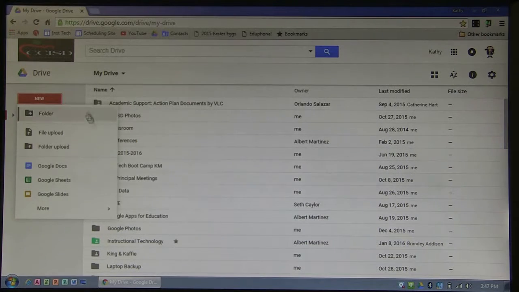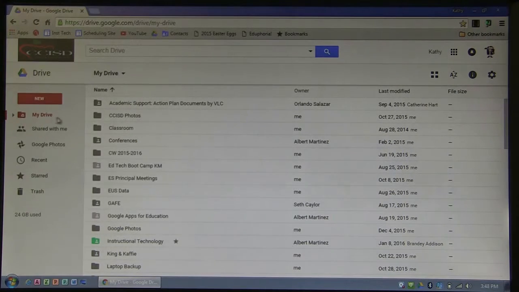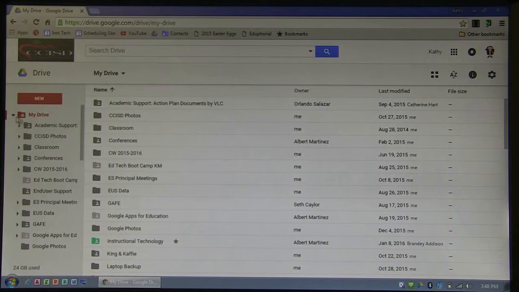Beneath the New button is My Drive. My Drive is the equivalent of our U Drive or our local storage drive inside of Google. Notice that there is an arrow to the left of My Drive. That indicates that there are more folders inside of the My Drive folder. Just like you would have inside your My Documents folder or inside of your U Drive once you have started creating your file structure. Different folders organized by title and then the contents therein related to the title of that